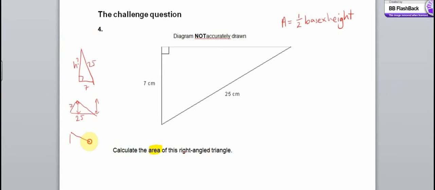Or I could stand it on the side we don't know, in which case it would look like this, and the 7 would be the height, but we don't know the base. What I'm saying is we need to do it one of these two ways. This is a very difficult one. So we're going to need to work out this length here. And how do we do that? Well, we use Pythagoras, okay? So we work this out